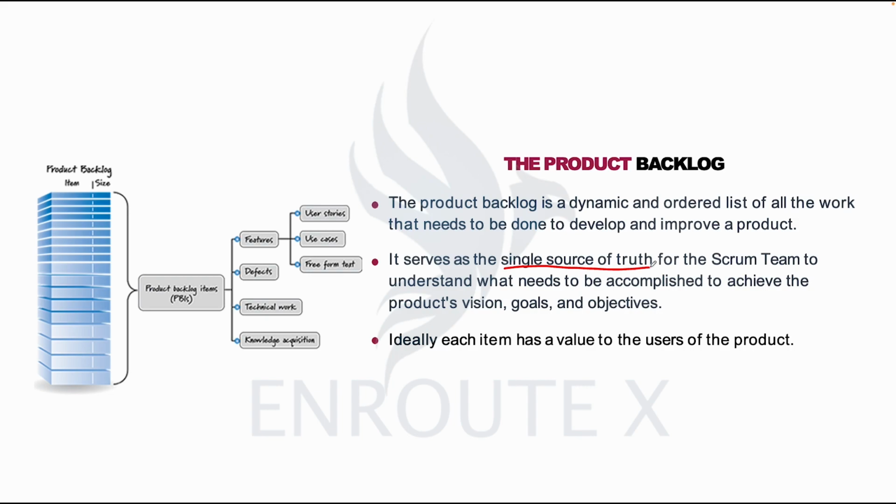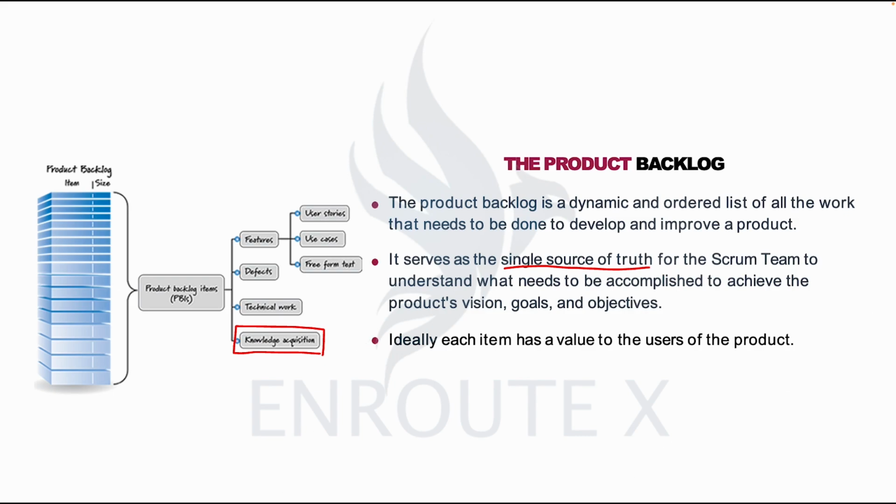There would still be some knowledge acquisition that we've developed into your practicals. So it would be the responsibility of the product owner to create stories for those knowledge acquisitions also in your sprints, right? So ideally, each item has value to the user of the